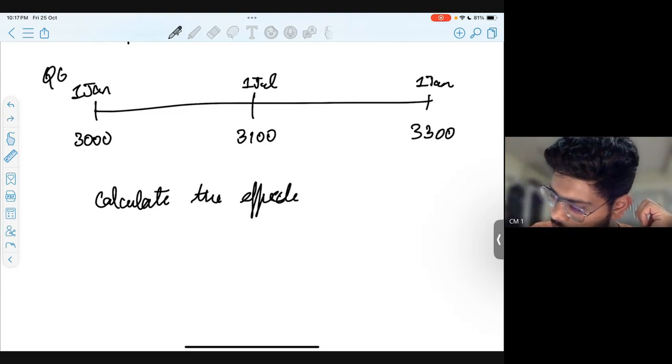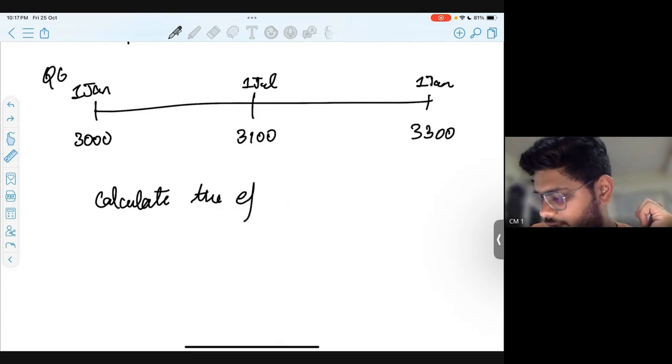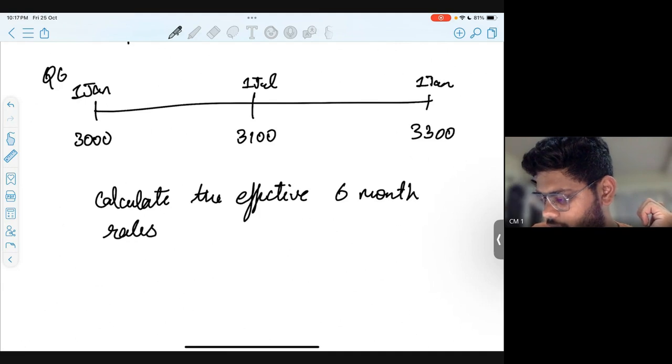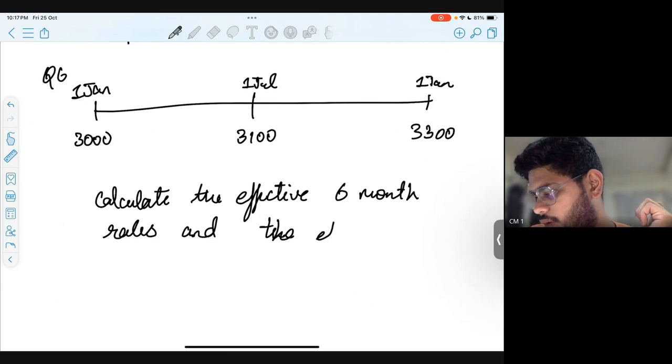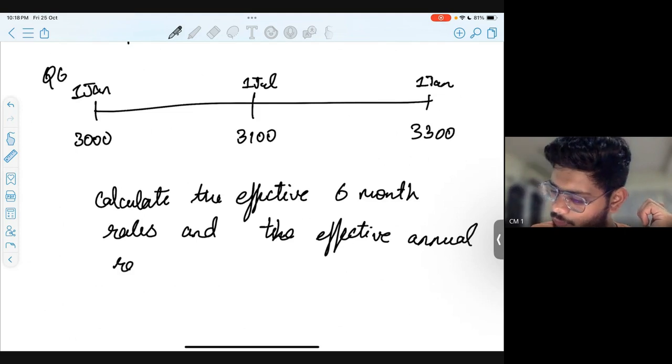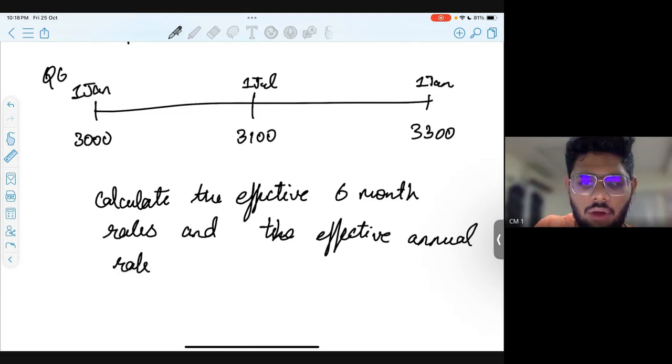6-month rates and the effective annual rate. Now effective rates are always compound, never simple. ठीक है, तो आपको कभी सिंपल इफेक्टिव रेट नहीं पूछेगा।